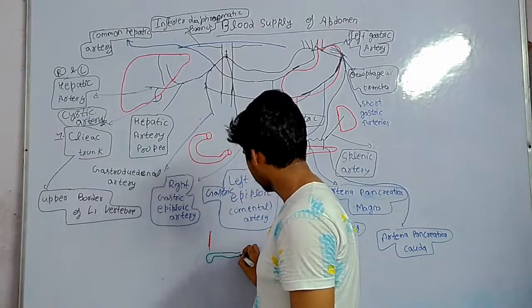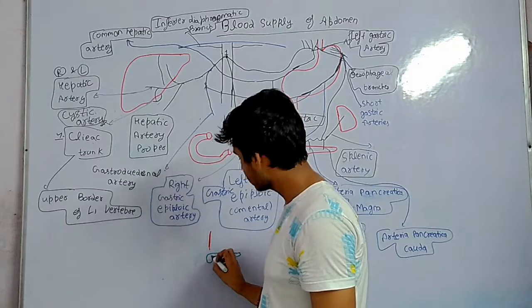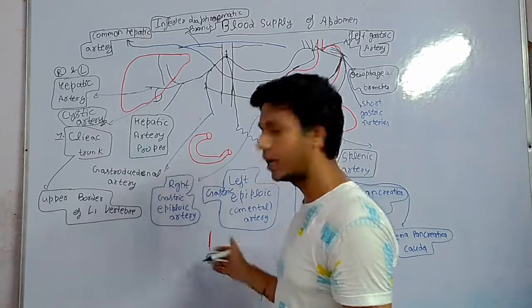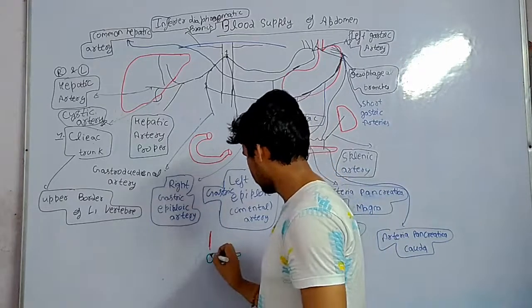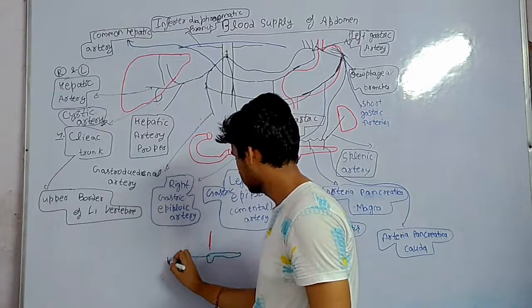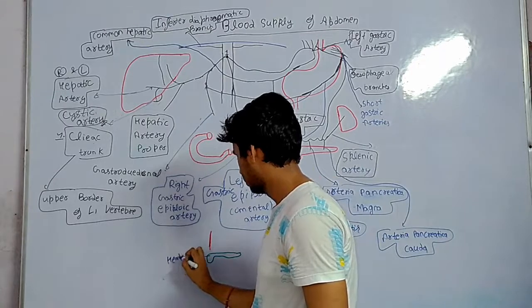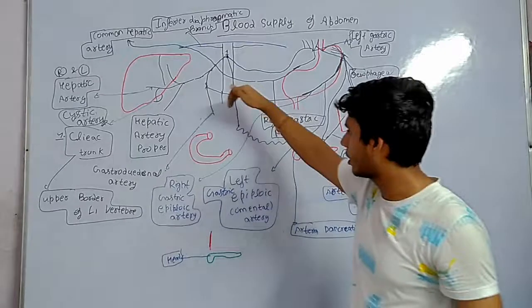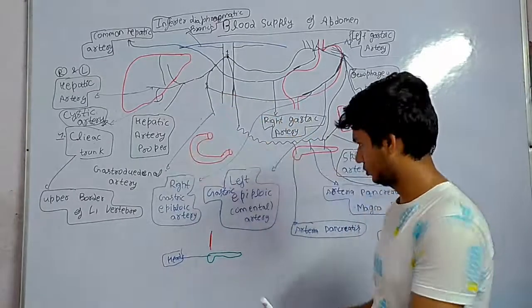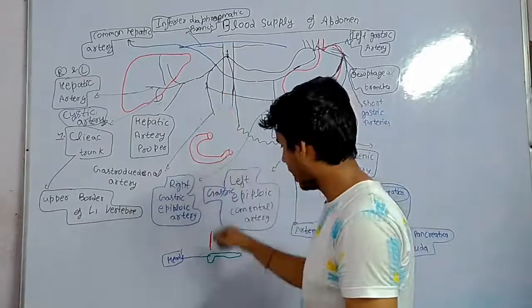This is the head of the pancreas. The unseen process we will cover next. First, note an important point: this is the head. The gastroduodenal artery passes behind the duodenum